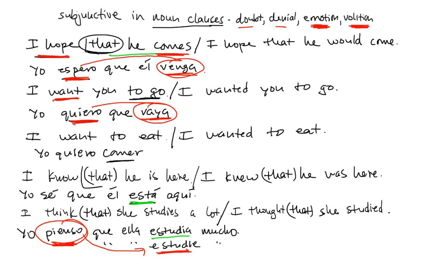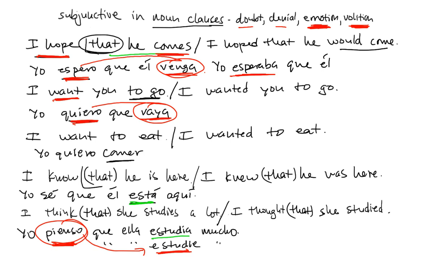Okay, I hoped, let's put that in the past, I hoped that he would come. Hoped in the past. This could be either esperé or esperaba. Let's put esperaba. Imperfect. Que él. Okay, would come. We don't have a conditional in the subjunctive, and we need a subjunctive here because esperaba implies hope. Implies emotion. So yo esperaba que él, two different subjects, emotion in the principal clause. We don't have a conditional in the subjunctive.